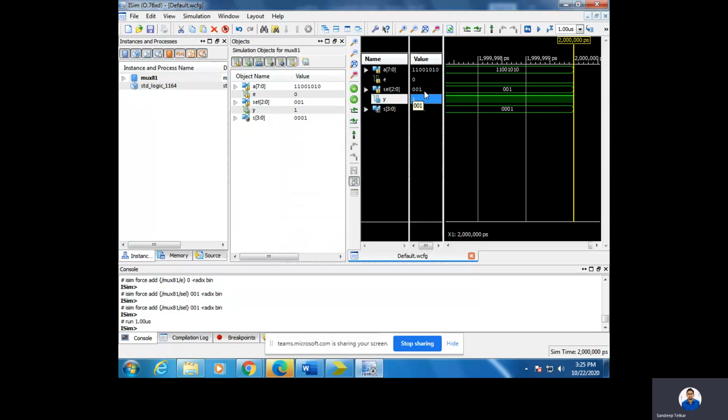So 001, its corresponding 4-bit representation will be 0001. This is how we can verify the output of the multiplexer in Xilinx software.